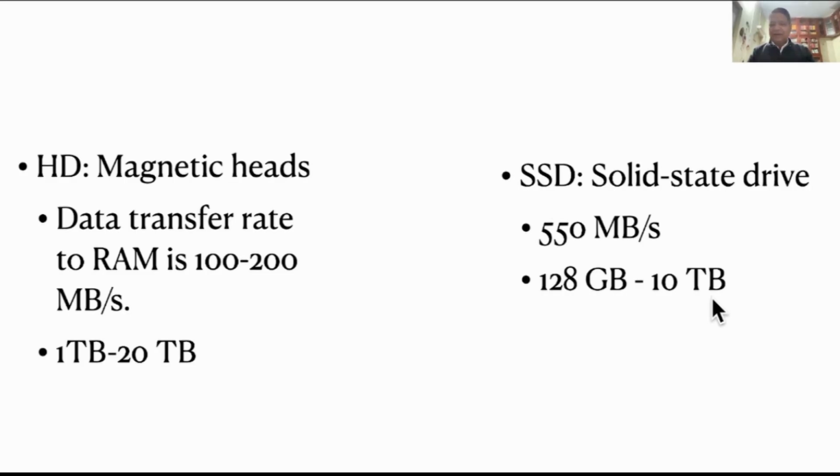Our programs and the data which we are running on our computer should be there in RAM. From the hard disk it is transferred to RAM, and from RAM it goes to cache. So if you get data from the hard disk all the time, your program will be slow. We should make sure that data fits in RAM, the CPU will work on the data, and the results are transferred finally to the hard disk. You do not want to access the hard disk frequently, as little as possible.